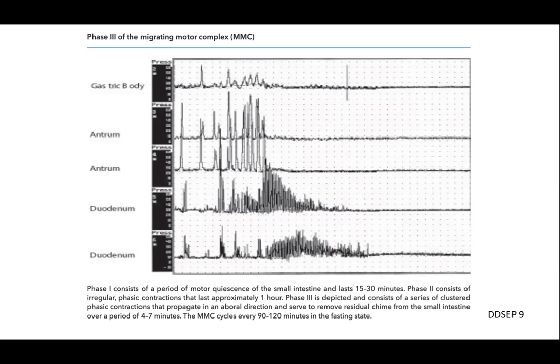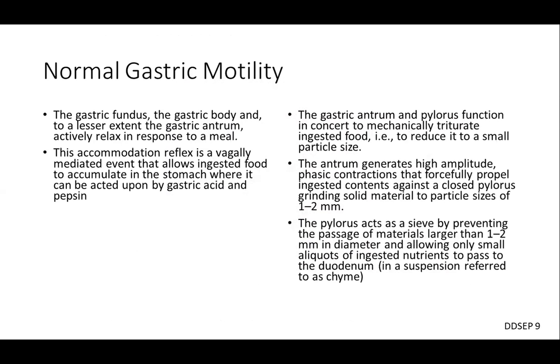And you can imagine that if there's any dysfunction at any point in the nervous system or in the muscles themselves, you could have problems with the stomach emptying and the resultant symptom complex that you might see in gastroparesis. So it's a very carefully coordinated system of relaxation and contraction. That's also important. It's not just squeezing, it's also relaxing in the GI tract. So normally, it's important that the fundus, the body and the antrum actually accommodate. So they're relaxing in response to a meal. This is vagally mediated. So you eat, you relax, you accommodate, and you can have problems and symptoms that result when that's actually impaired.